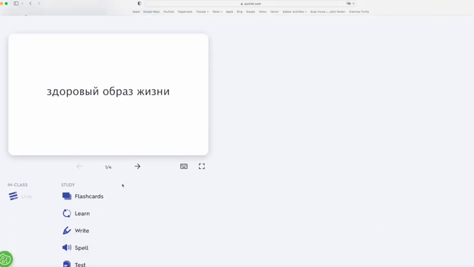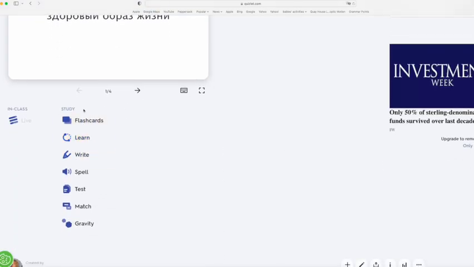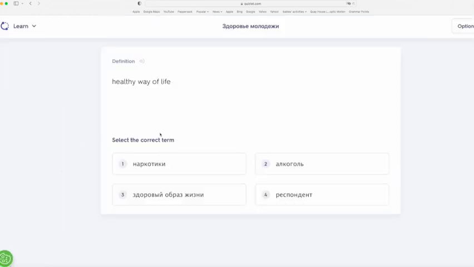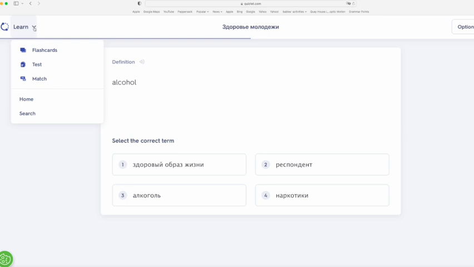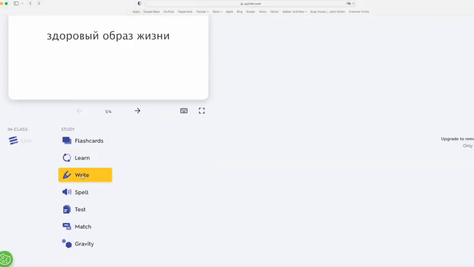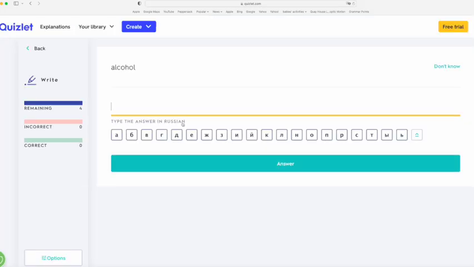Another thing that you could do here is learn these words. So there's a whole range of things you can do. So let's have a look at learn first. So there are multiple choice questions. So respondent, respondent. You can go back and go ahead and go into write,